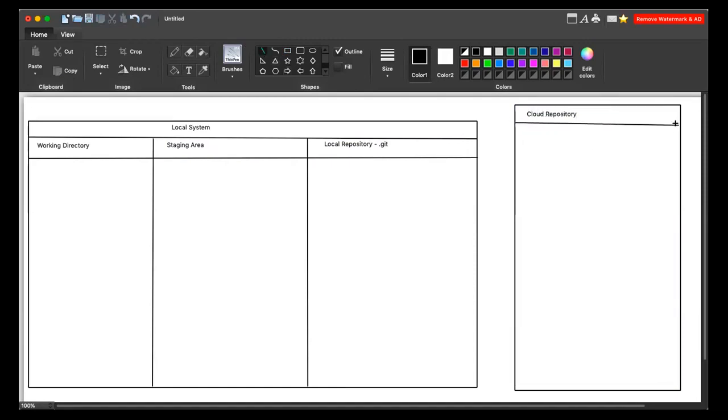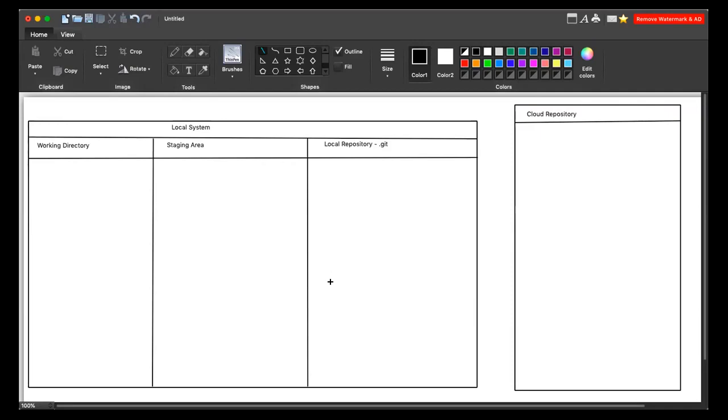This is the cloud repository. The cloud repository is what? The GitHub account. And this is your local system. In your local system, when you downloaded Git, it created one local repository on your local system. There are 3 areas in your local system. Whenever you work on Git, 3 areas are created, and all these 3 areas are of different importance. If any one of them is missing, your Git system will probably not work properly.